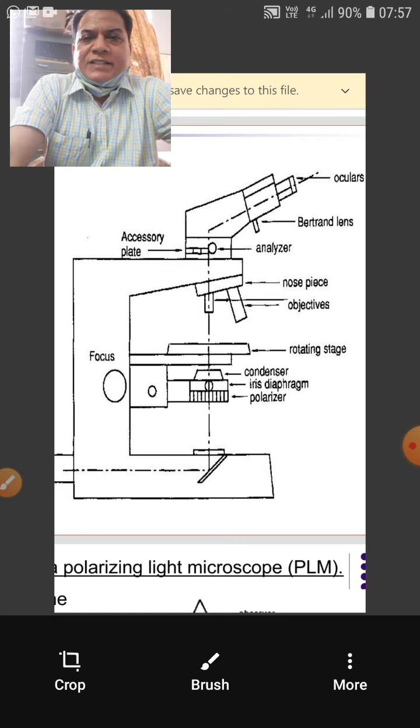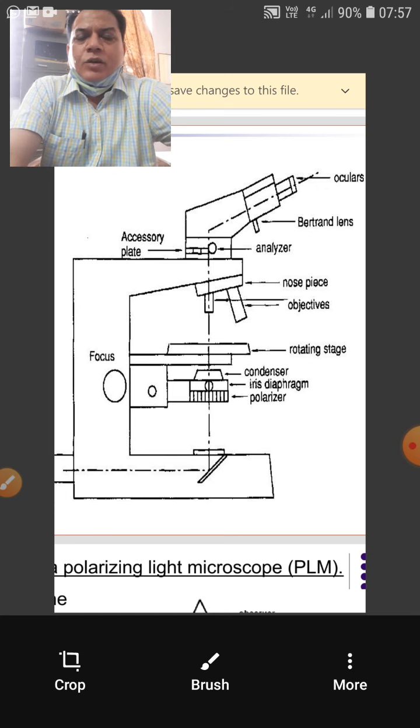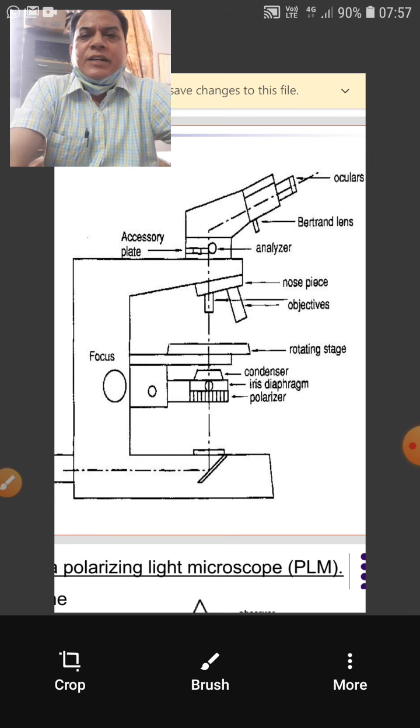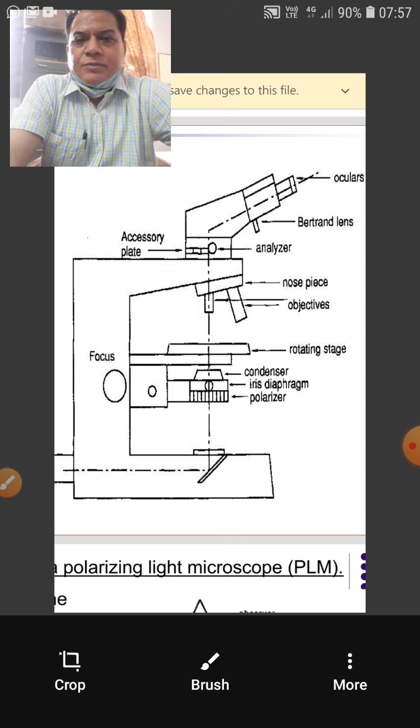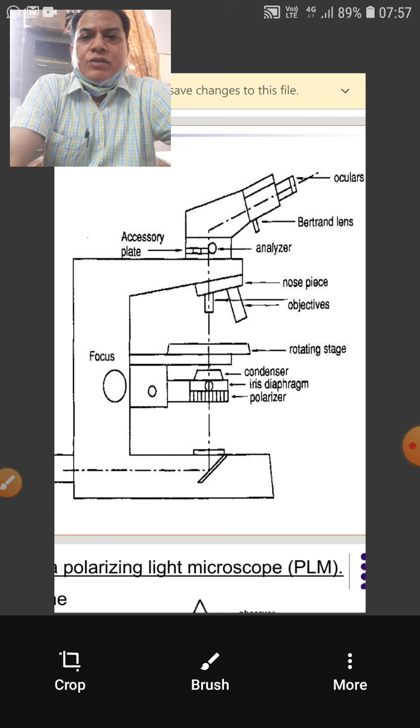Quartz, the characteristic optical property of quartz: it is colorless, has low relief, absence of cleavage. These three typical optical properties, though it has all others like uniaxial and all that, but we should concentrate on the diagnostic or significant optical property. So if you observe these three optical properties together in a mineral, you will naturally conclude it to be quartz. Once again I repeat, quartz is a felsic mineral, it is colorless, has low relief and absence of cleavage.